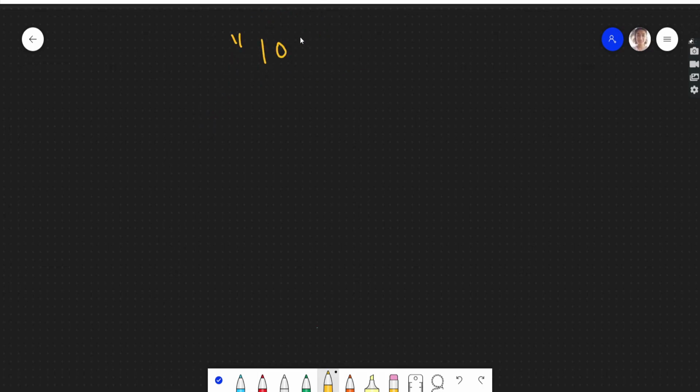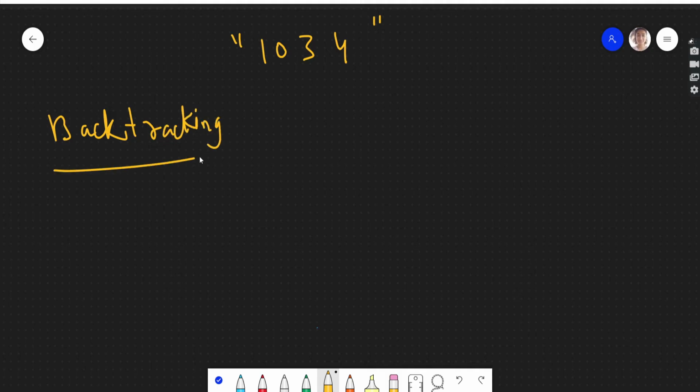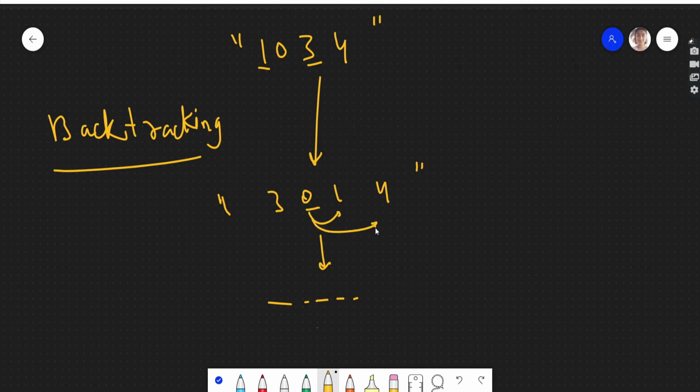Like if we have taken this test case 1034, right? Why does backtracking come into the picture? Let's see why we have to do backtracking in this case. See, when we were swapping 1 with 3, we'll get 3014, and after this we will do our further steps, like we will swap this with this with this, and